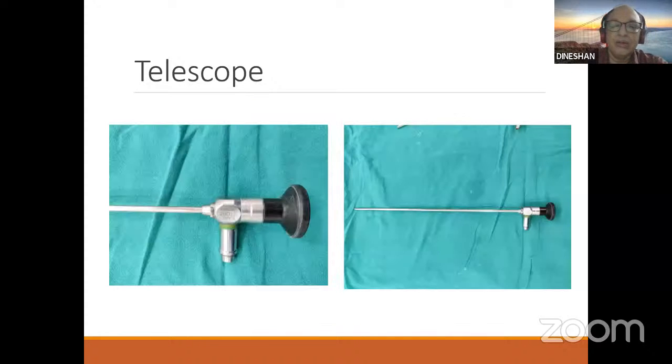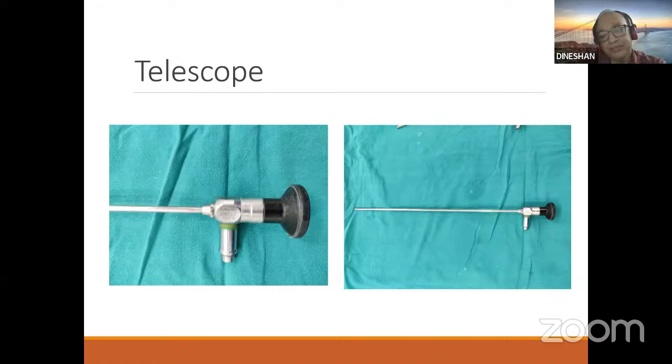Now the telescope has the rod lens system. Actually, in the original rod lens system, which started the transition, the rod shaft was acting as the lens.